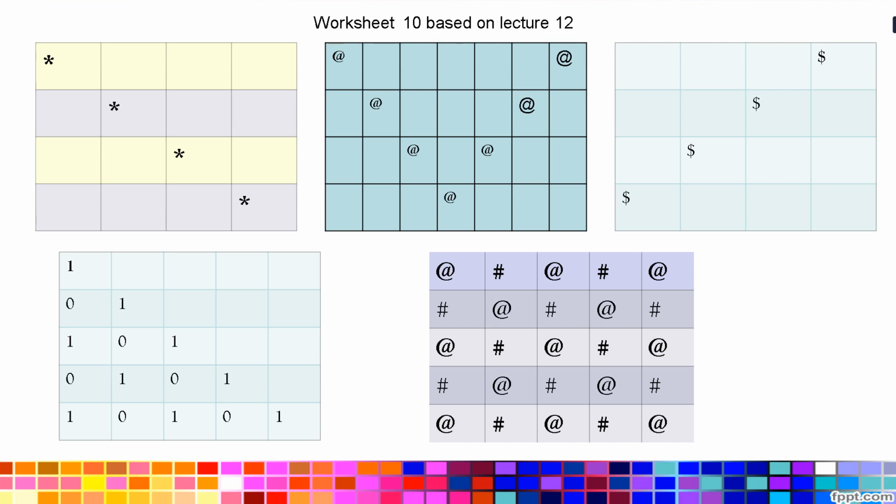Now this is worksheet 10 based on this lecture 12. So you would try to do this. See, this is very easy, this is also very easy. This is something different and this is something different. Now when we are talking about this, if I see the first part till column 4, isn't it the same as question number 1? And if I am talking about from the back till column 4 again, isn't it the same? So when we combine both of them and print, this pattern too would be printed.